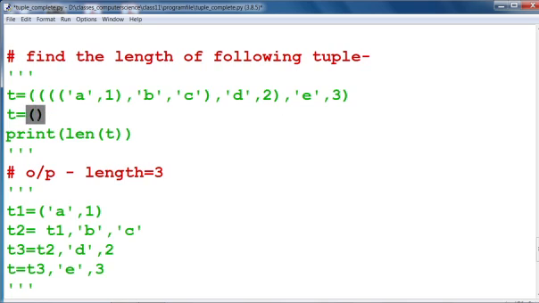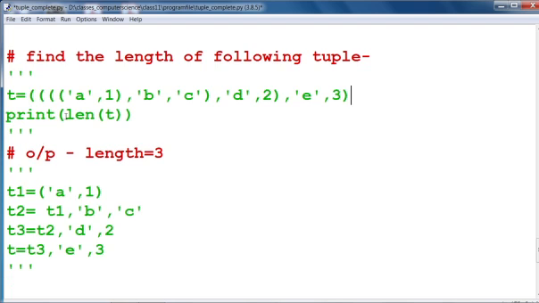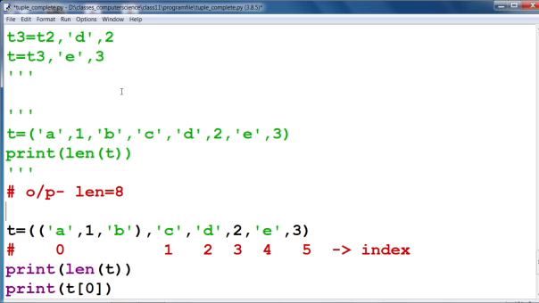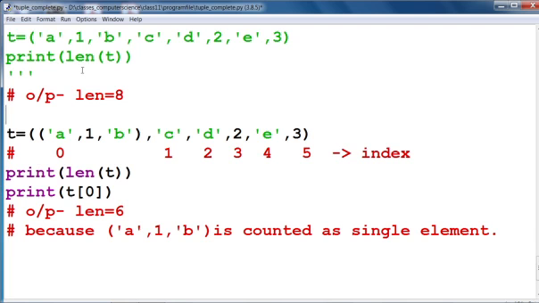Now we do not count the first and last opening and closing parenthesis. Then you can count all the inner brackets: 1, 2, 3. Then the length is 3. This is the simple way, and the exact way to count the length is like this: count the number of tuples within the tuple, count each as a single element, and you can find the actual length of the tuple.